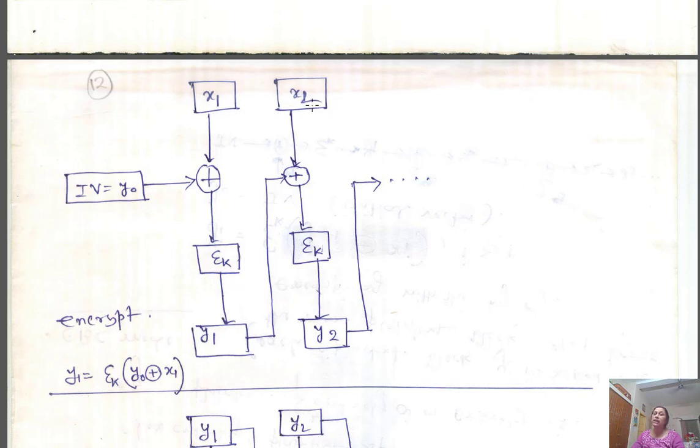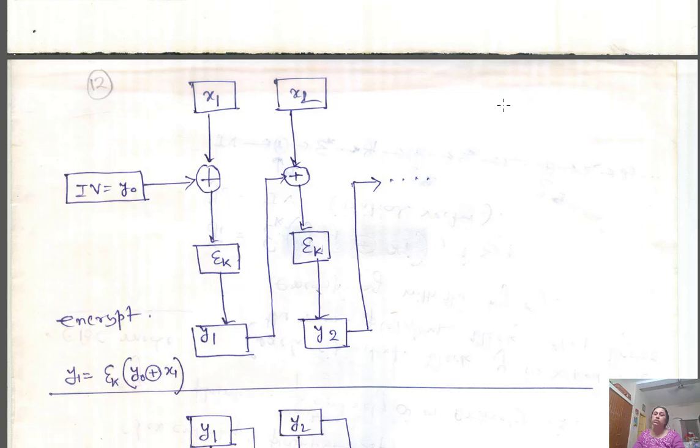So if some Xi is changed, then automatically the last Ym value that we are sending as a MAC, message authentication code, also changes. So you can check whether your given data X1, X2, Xn that you are sending along with the MAC value Ym,